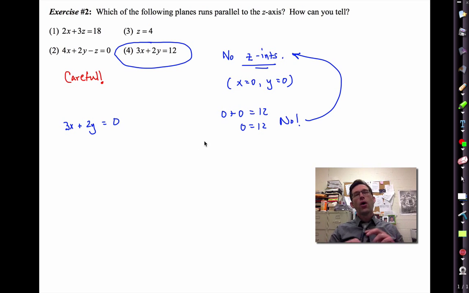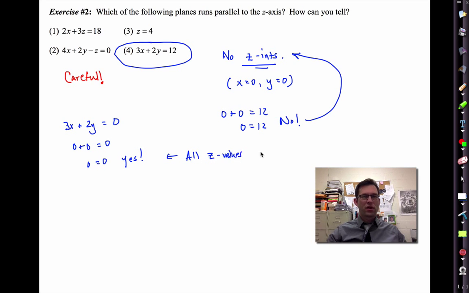All right. Z also doesn't show up in that equation. Question is, does it run parallel to the z-axis? How can I tell? Well, again, if I did the intercepts, what I'd get is 0 plus 0 equals 0, and 0 equals 0. Why, yes. That actually means that all z values are correct. Now think about that. What does that mean? Right? Every z value hits this plane. And what that means is that this plane